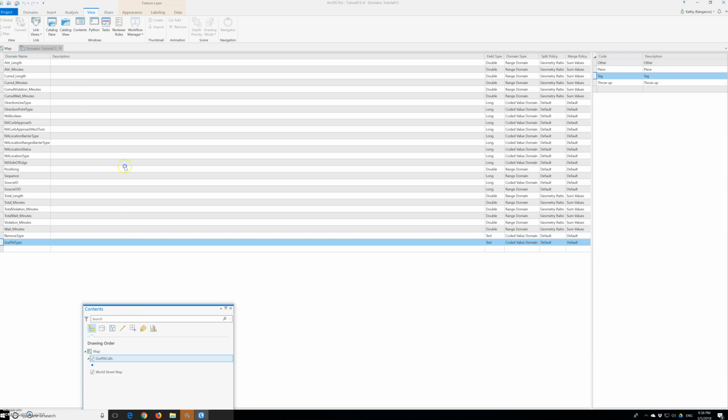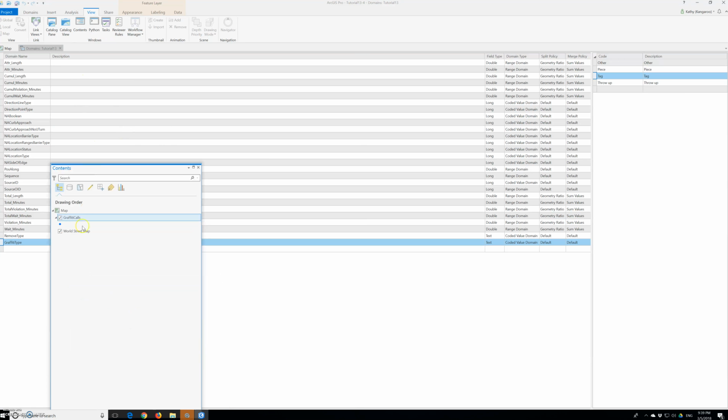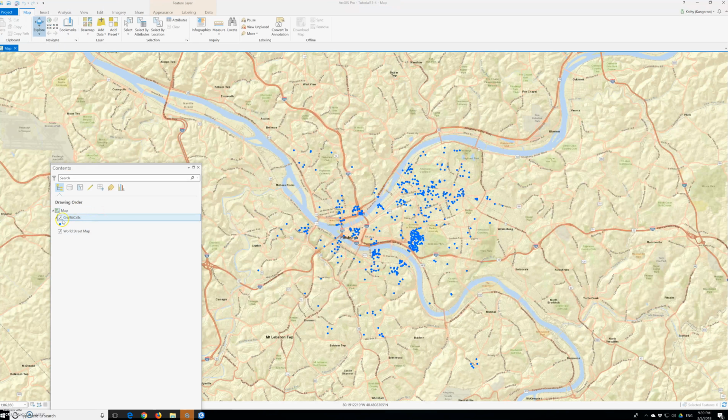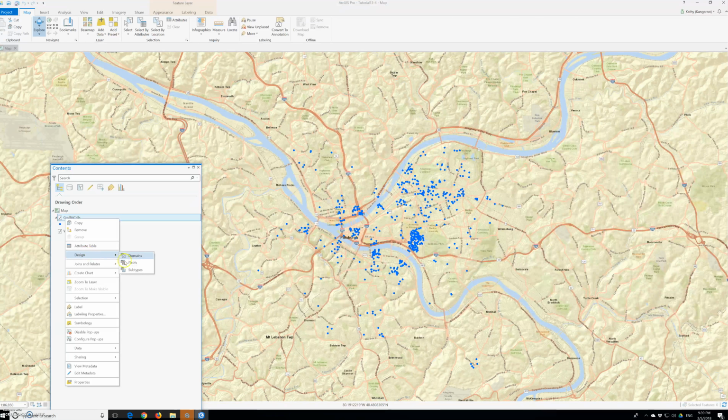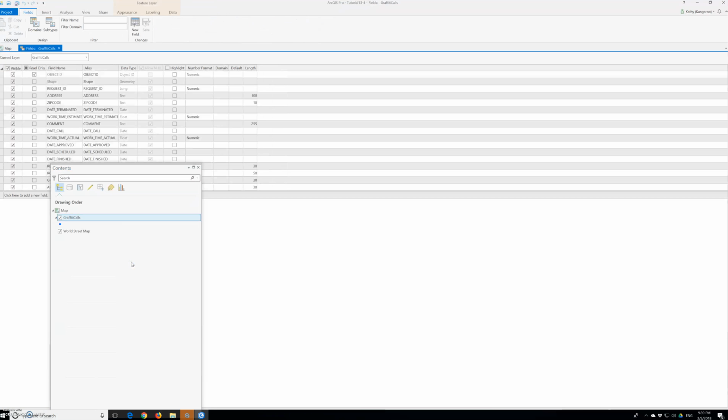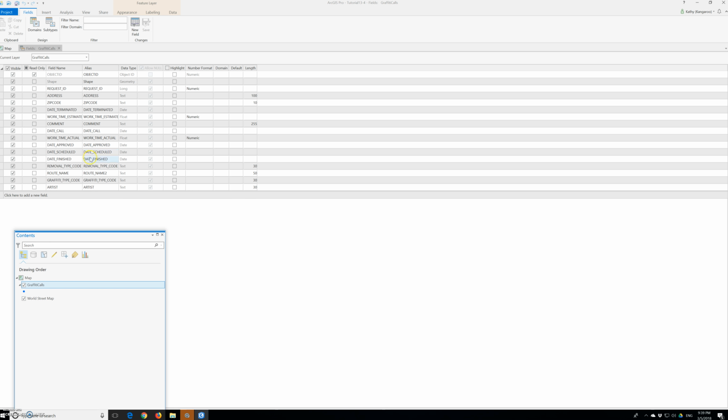So back in our contents pane, for graffiti, right click on it, go to design, and then go to domain. Oh, no, not domain anymore. I already have it. Right click on it, go to design, go to fields. So click the empty cell in the intersection of the removal type row and column, select removal type, and then on the fields tab, click save. So now, I'm gonna remove type code, and here,